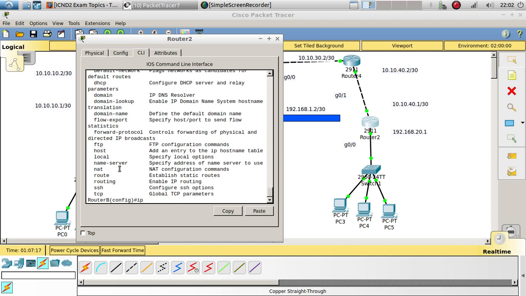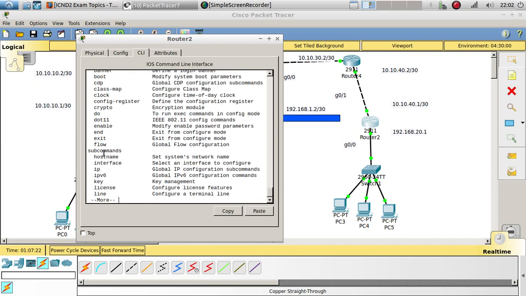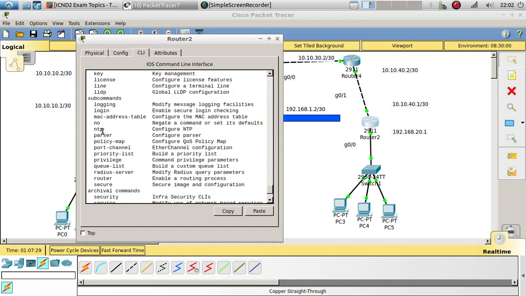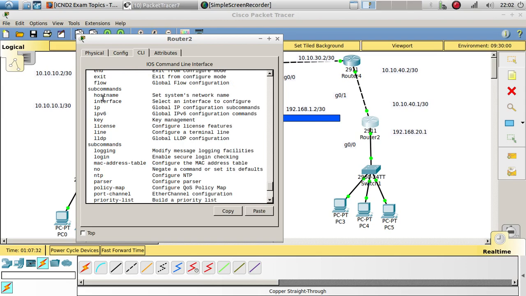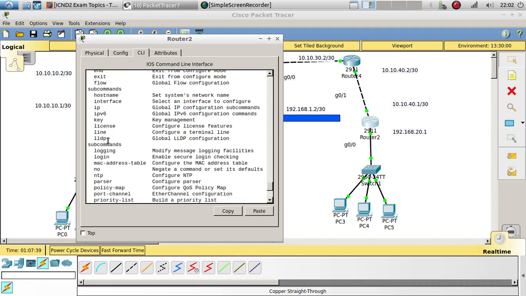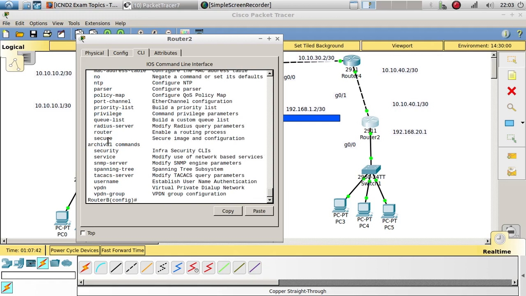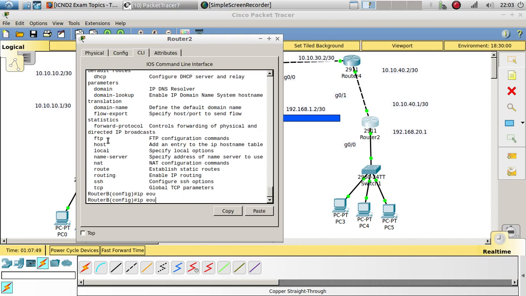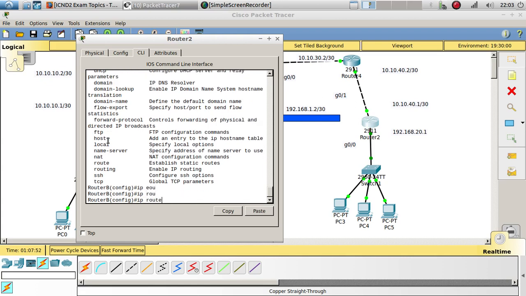IP. Let's do question mark. Question mark. Let's see what we need to add. Security, router, map, banner, access list. Okay, ip route